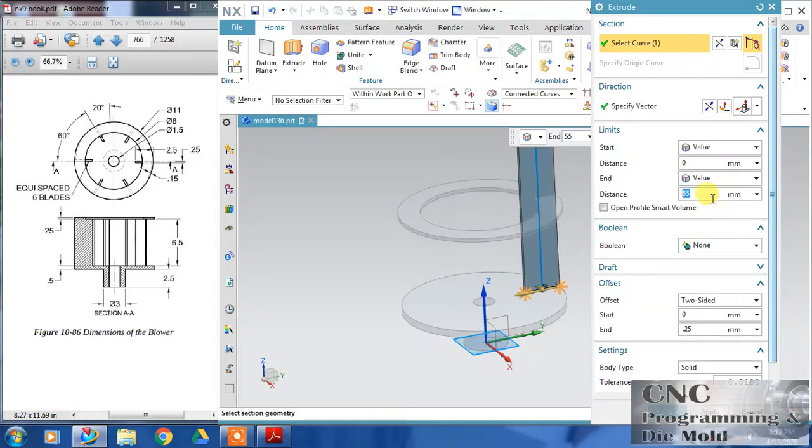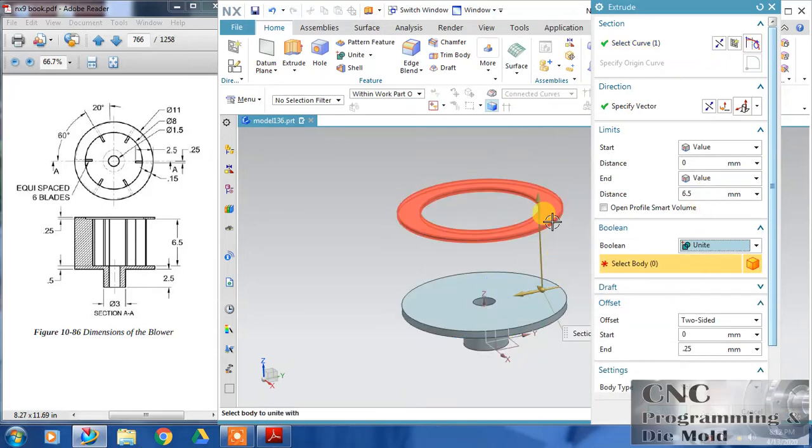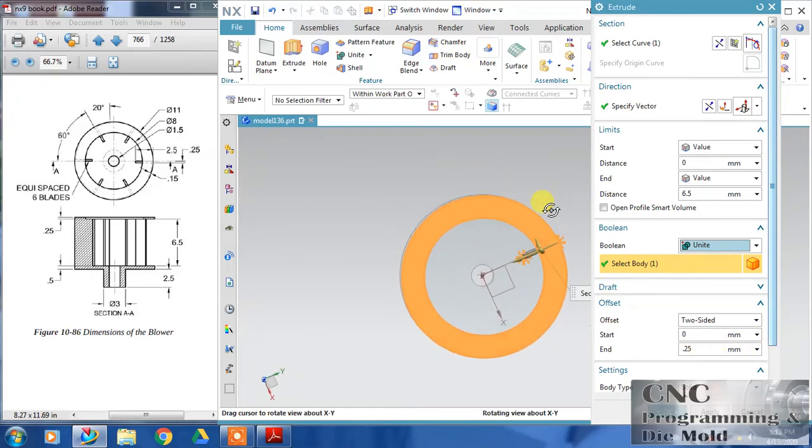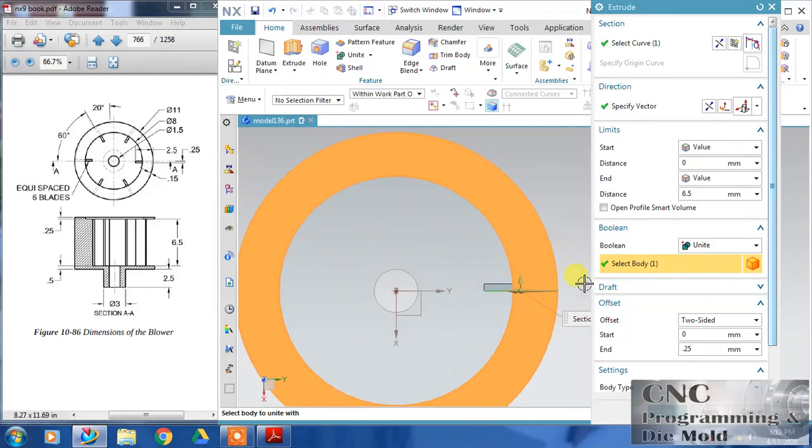Change this value to 6.5, and in boolean just select this and 2.5, and check the value. Reverse the value to 0.25, and the second is 0. Now check this, click minus value and tick. Now my value is below the horizontal axis, and click OK.